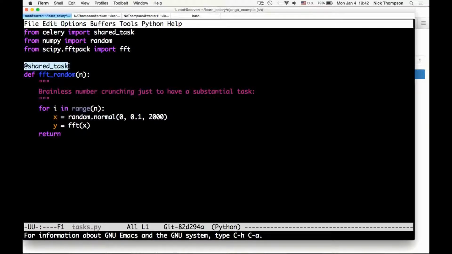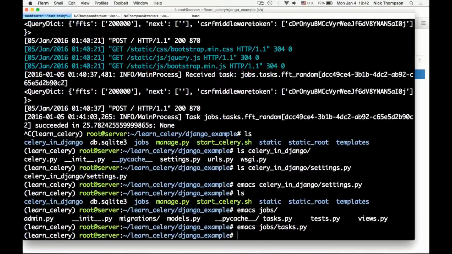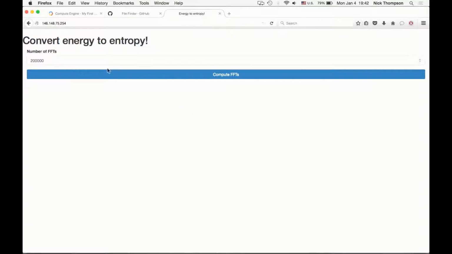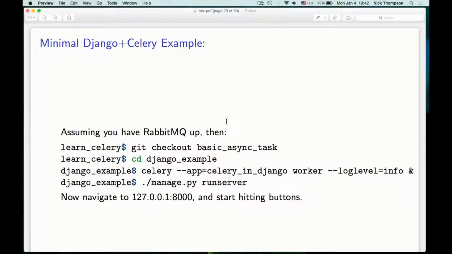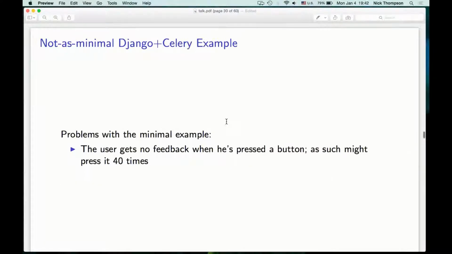And I've got this decorator in it, and this decorator says, I am a task that Celery should be allowed to run. It's something that Celery should detect, and when Celery receives a task of that type, it should run it. Okay, so anyway, that's rather boring, but